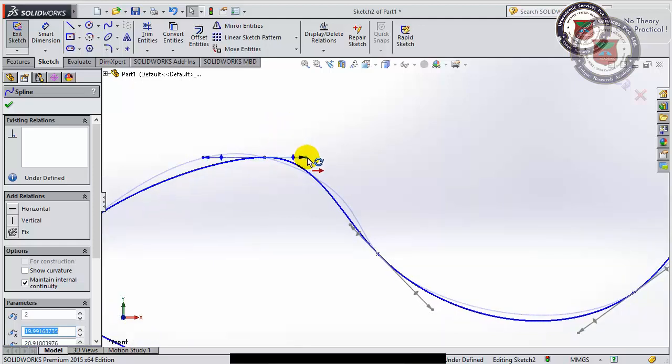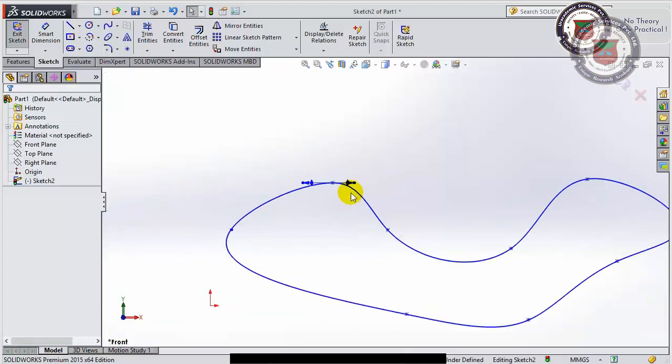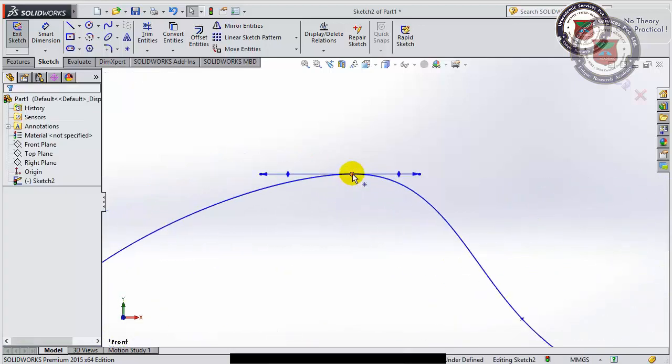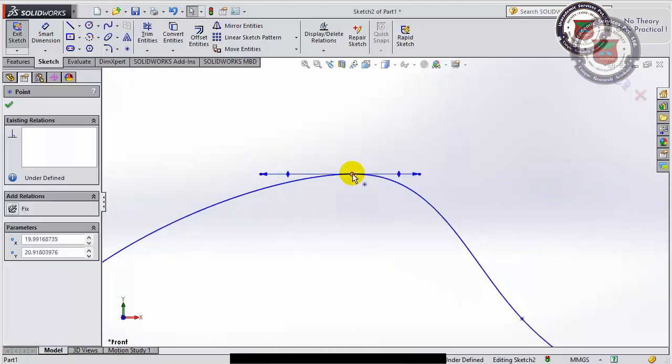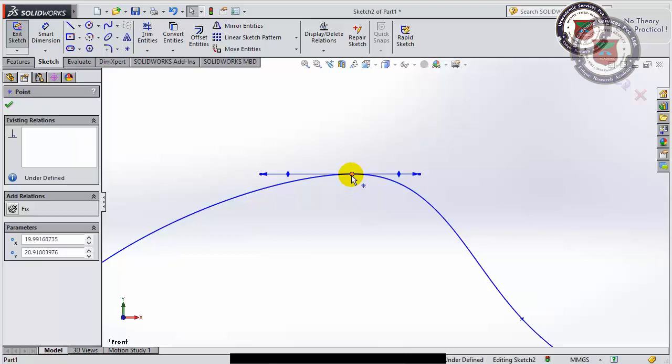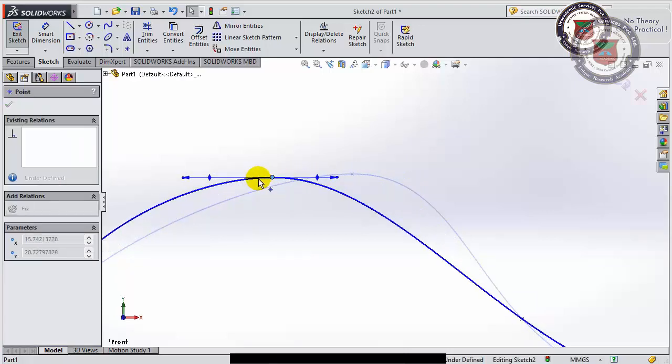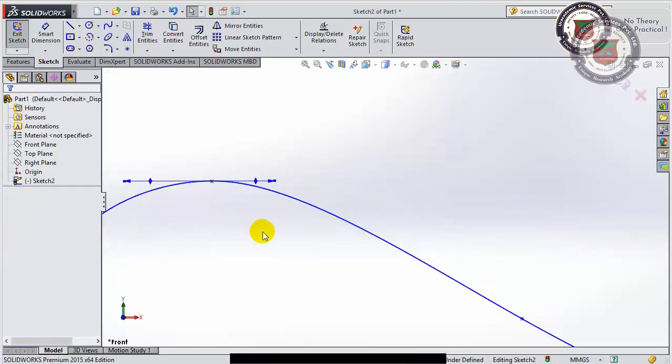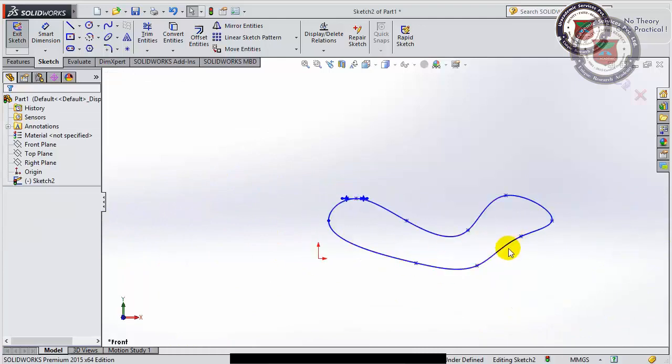So there is a lot of liberty in this spline. It is mainly used. I can click on this point, keep pressing the left button of my mouse and drag it in any direction as well. So this is our spline. In this way we can generate any kind of curve profile in SolidWorks.